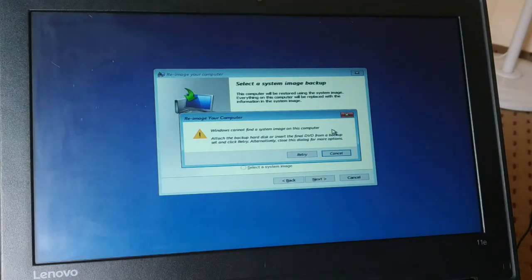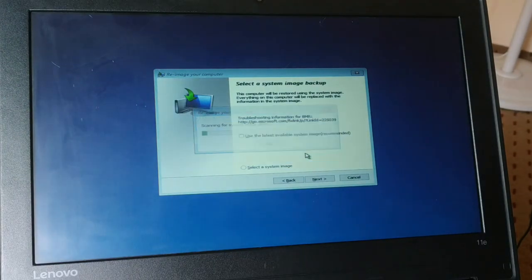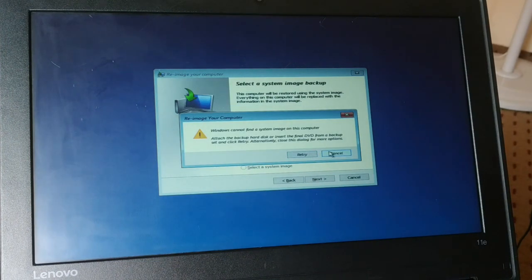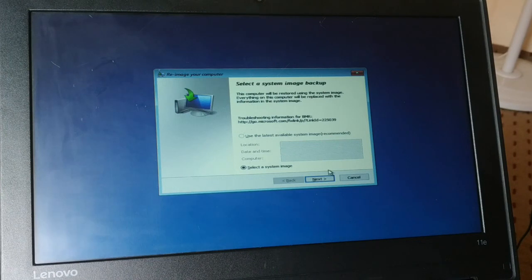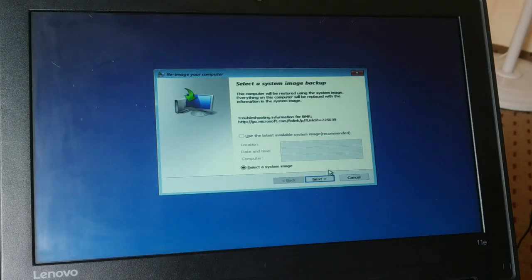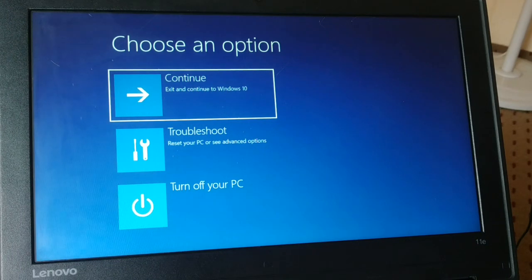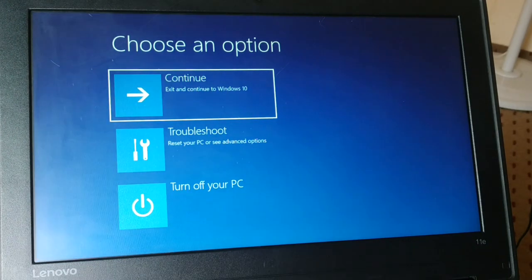So if you have it, your PC is going to detect your recovery drive, and then you can just follow this wizard, just click on next and follow the wizard in order to recover your PC. So if you do not have a system image recovery disk or a flash drive, this solution is not for you. Now coming down to the sixth solution,